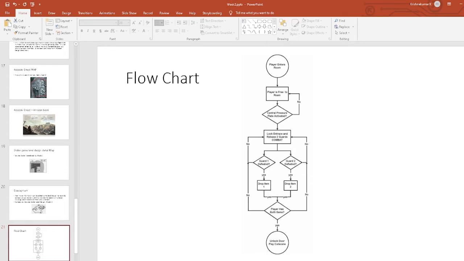If the second guard is defeated, drop item 2. If the player has both items, unlock the door. Or else the cutscene will be shown, or else again it goes back here. If the central pressure plate is not activated, it is a kind of loop where they will be freely roaming.